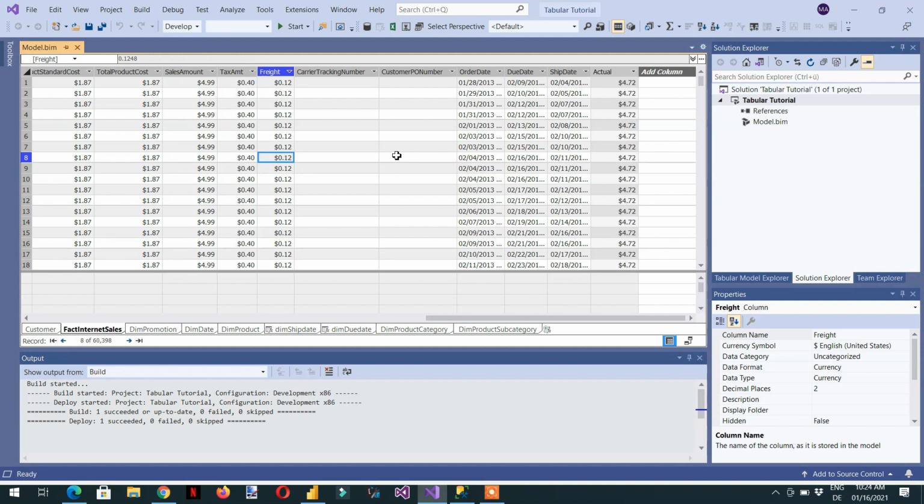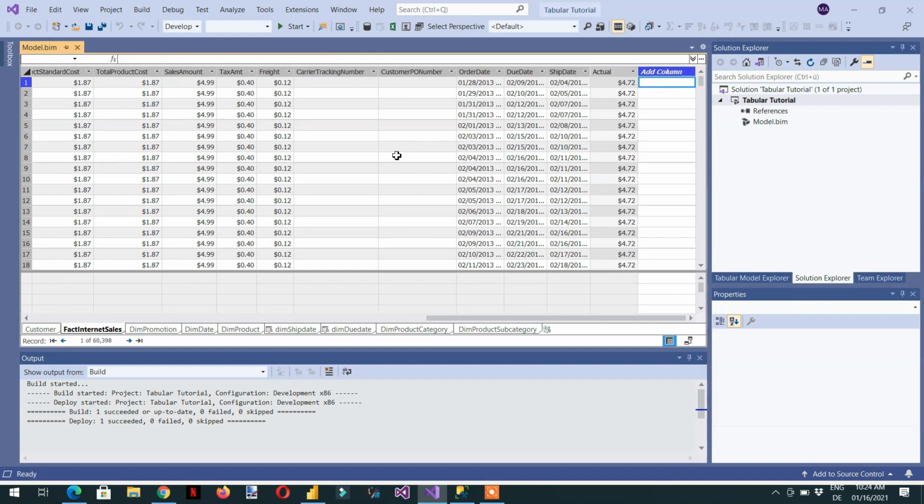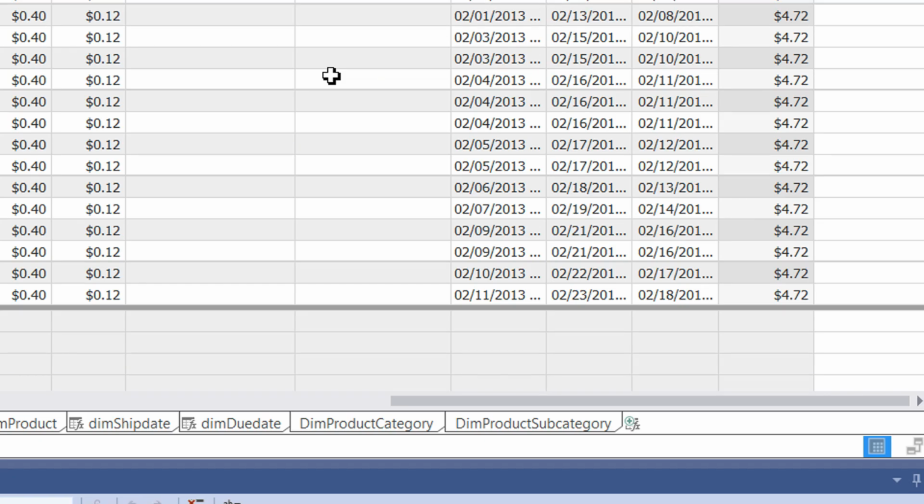And we need the actual sale, so we can just write one calculated column. For example, sale amount minus tax amount minus total product cost plus freight, right? So you can write like actual sale, the name of the column, and the column is equal to this one. Let me zoom it,